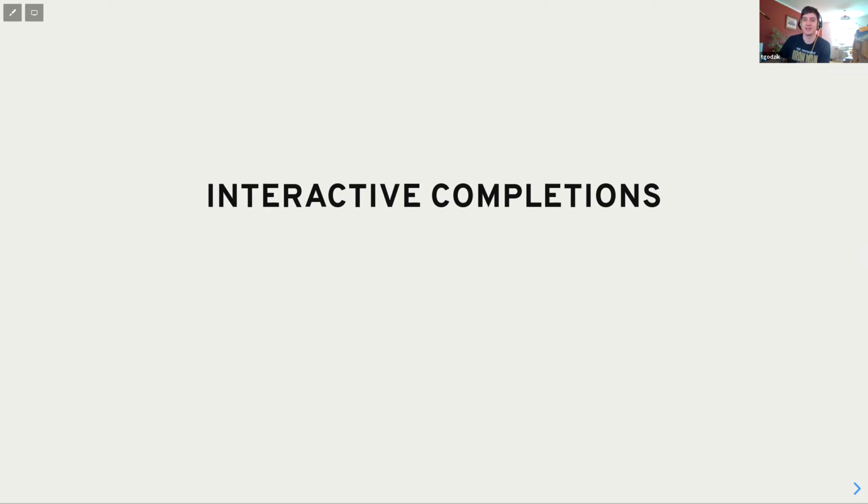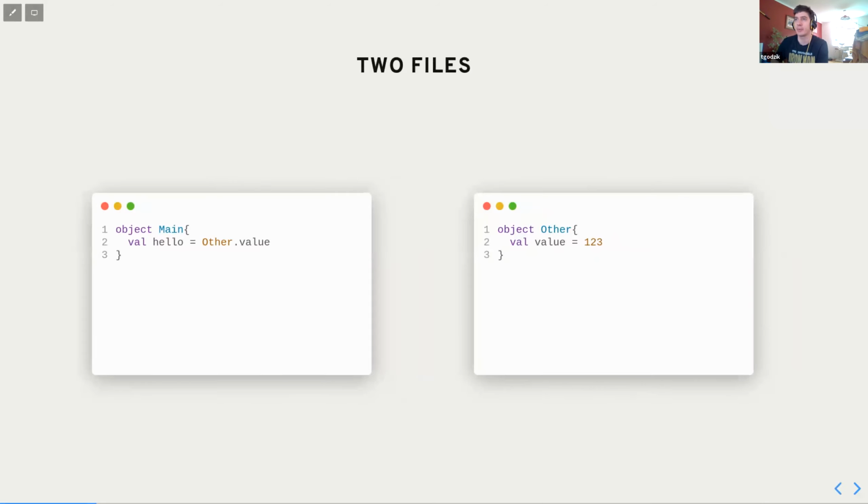All right, so I just wanted to start by showing the current problem that we have in Metals. For example, we have two files, and one can reference a value from another one. There's no issue. Completions, everything should work. But if you add this other value, like on the right, that is supposed to be a string, but we declare it as an int, so that's an error, Metals will not be able to show you that other